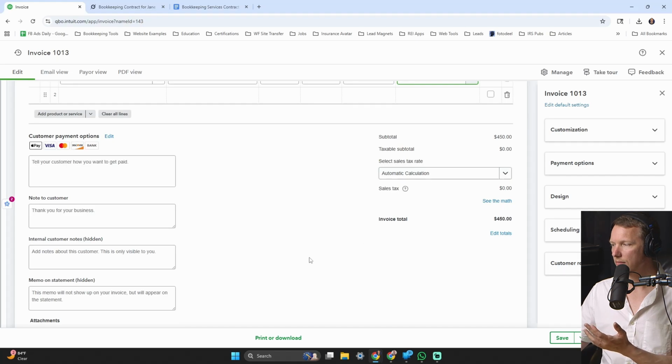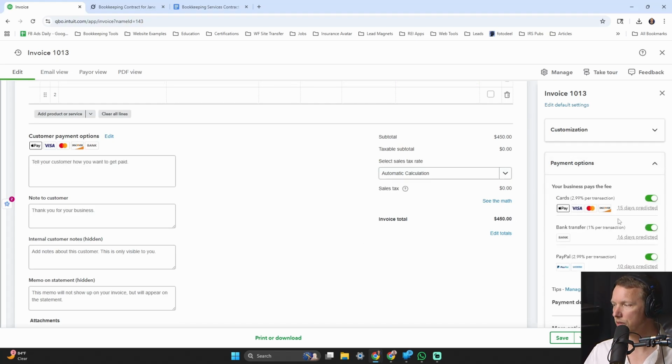All right, so at any rate, by the way, I just want to mention, there are QuickBooks payments options. And what I like to do as a little tip is I usually only take payment via bank transfer for a few different reasons. But a big one is that it's only 1%. And this fee comes out of my pay. The customer is only going to pay this much. And if they pay with a card because this option is on, then 3% is going to come out of this,